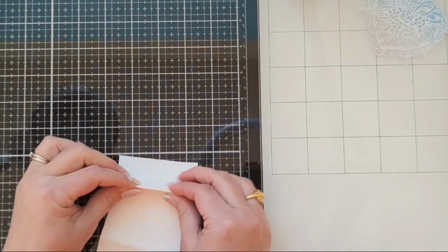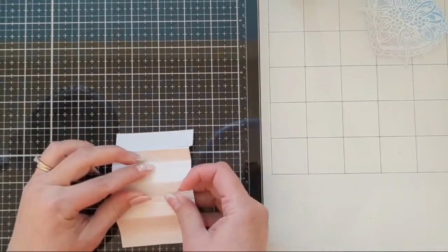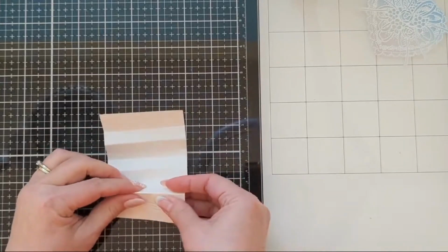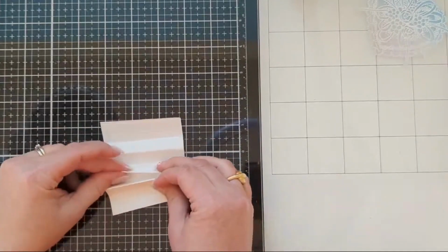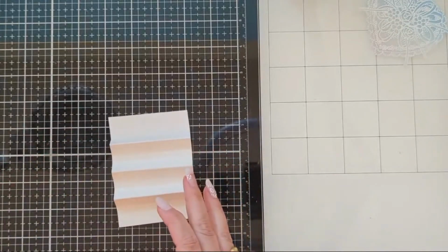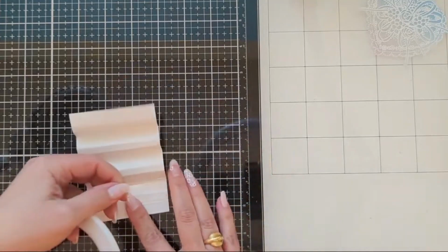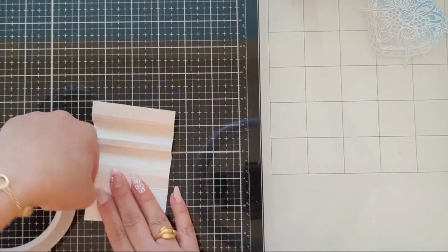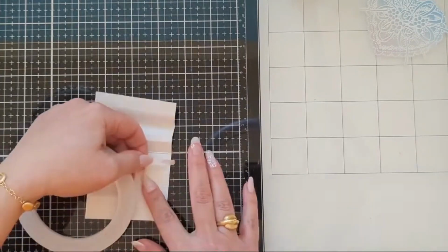Which are only 3 in this case because I only created 3, what will be 3 hinges. Now later in the video you're going to see that my spine was actually larger than what I even needed, but off camera I went ahead and added more pages. But if you want 3 pages, you can follow the measurements that I gave, and you can certainly add more